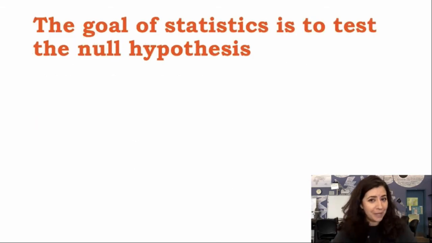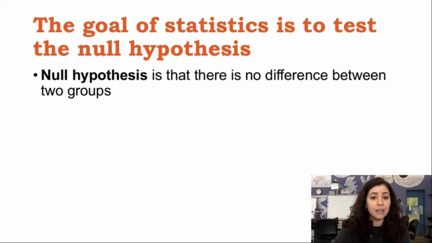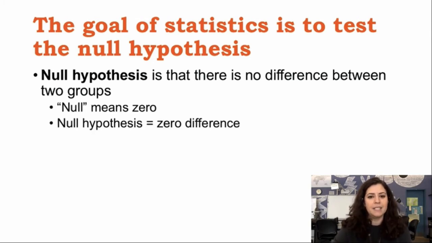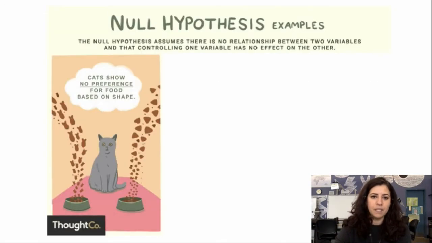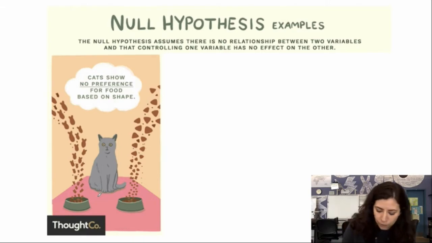Okay, so how do we do that? Well, the way that we get to this statistically significant difference is we have to test the null hypothesis. So this is something we learned about way back in the first week of school, so let's try to remember this again. But the null hypothesis is just that there is no difference between two groups. The way I like to remember it is null means zero, so it's the hypothesis that there is zero difference. So let's go through and do some examples, just sort of looking at some of these different types of null hypotheses. So in this little definition, they're saying the null hypothesis assumes that there is no relationship. So in other words, no difference